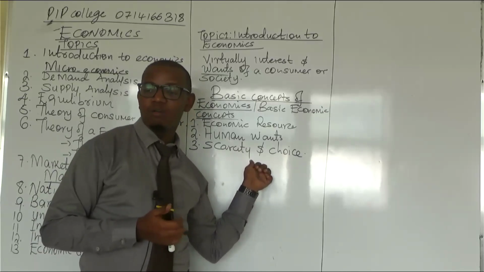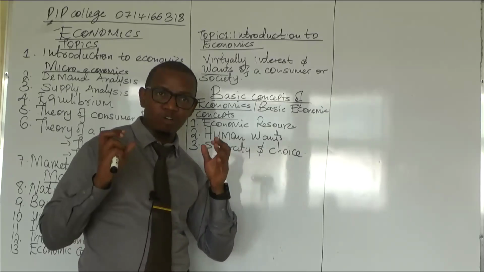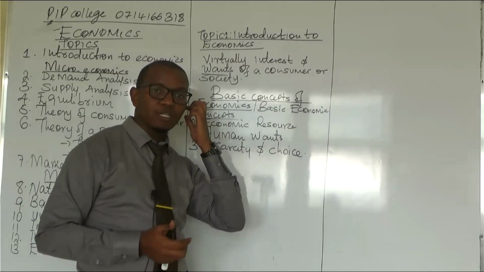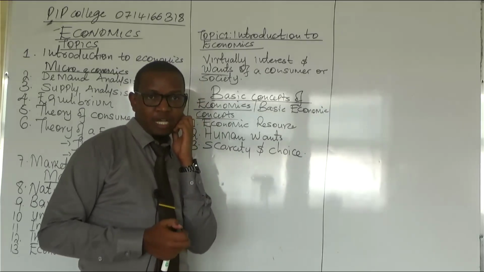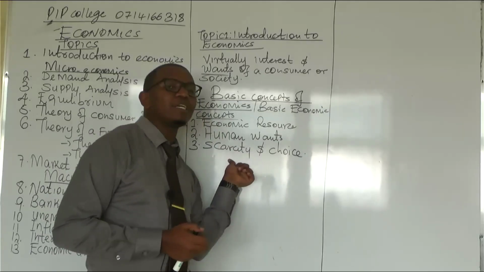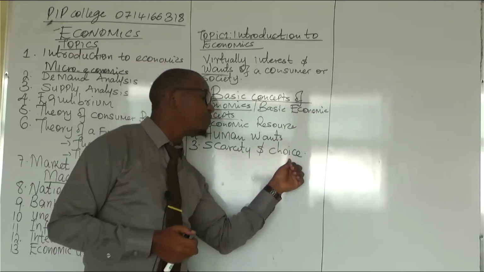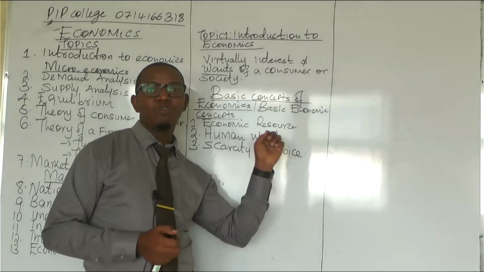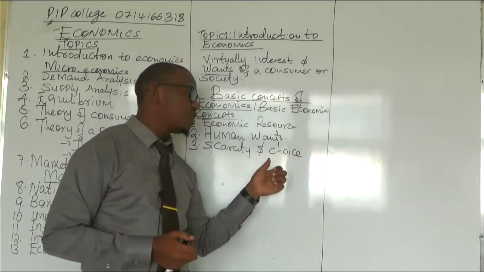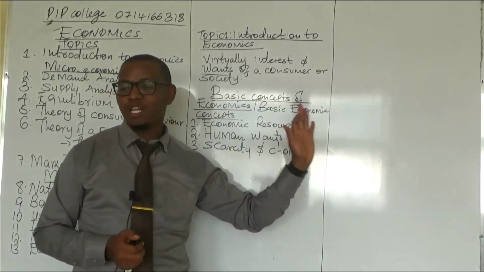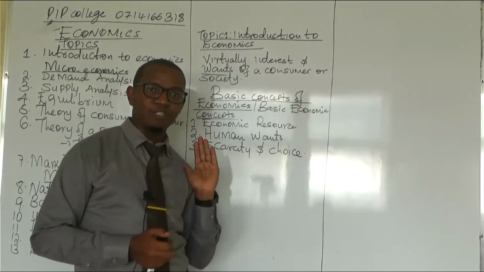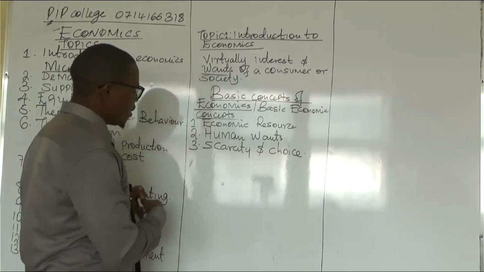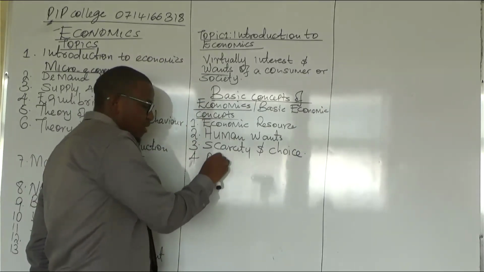When I talk of scarce, I mean it is not enough for the production of goods and services. And whenever it's not enough, you will have to make a choice of whichever you use in production of that particular good or service. And the choice that you make is what will give rise to what we call the